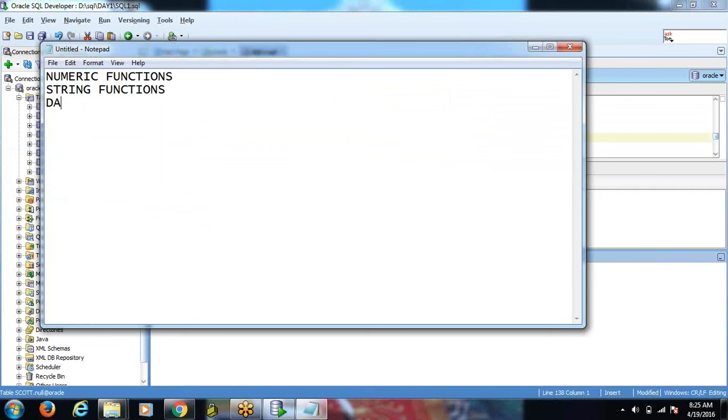Then there are date functions, then miscellaneous functions, and the next one is conversion functions.